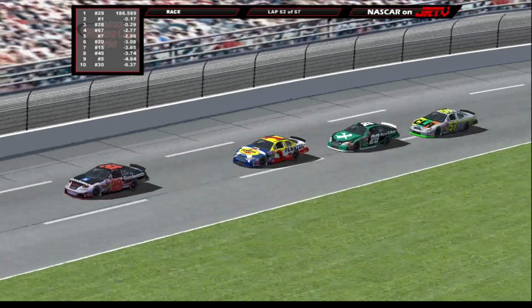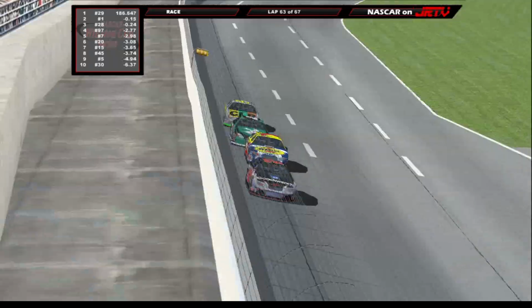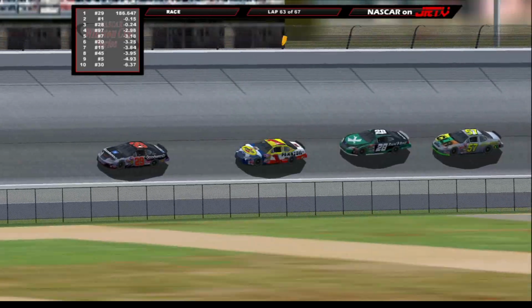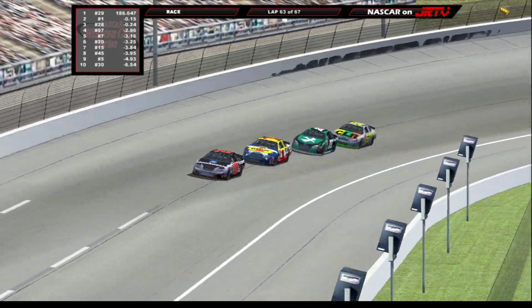He might give him the bumper. He might even turn him. We know Hernandez doesn't care. He might just make whatever pass he can get. You think Hernandez is still holding the most unpopular driver award in the field today? He and Evans are...